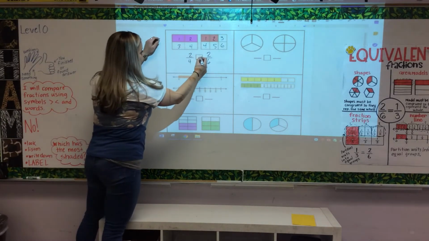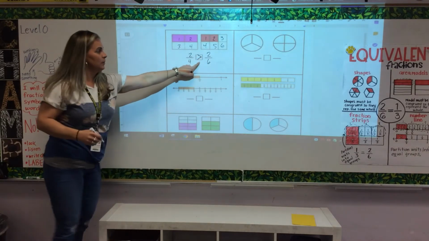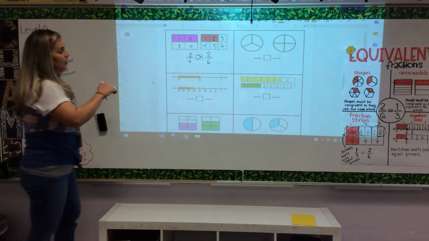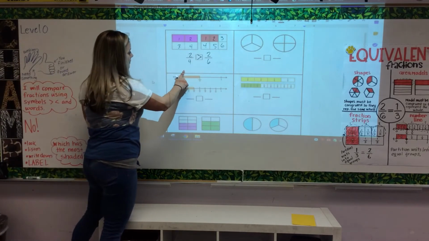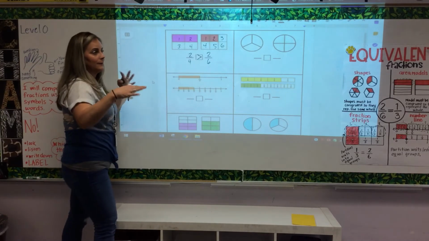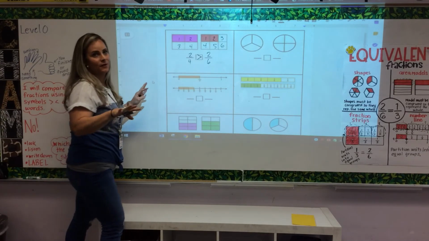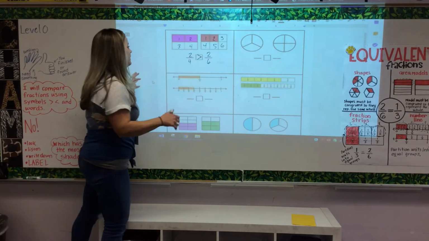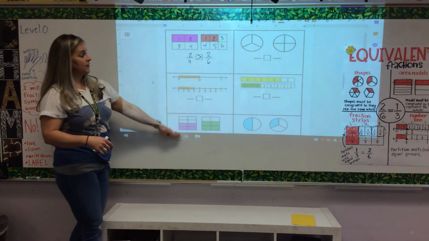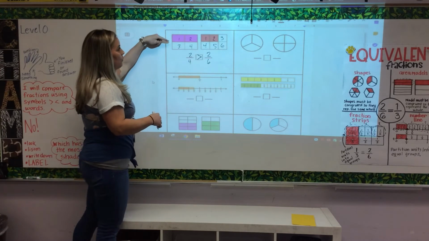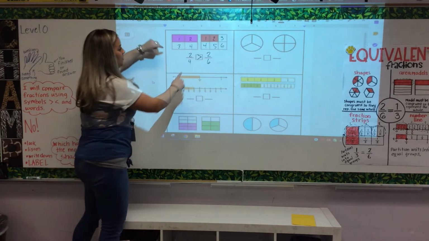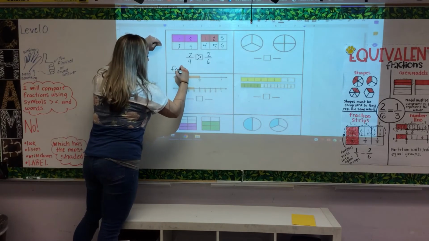So this has more, so we're going to use our symbols. So we said we're going to use symbols and words. We're not going to write a whole sentence, so nobody panic. You don't have to write over 4 words in math, right? But sometimes we do. So I want words on every one of these. Okay, so the way I would describe this, the reasoning or the justification, is because fourths